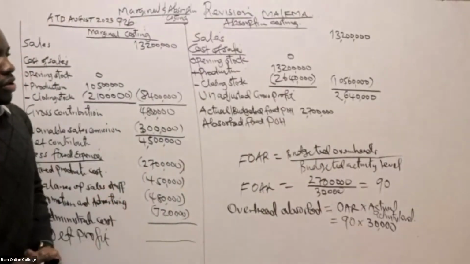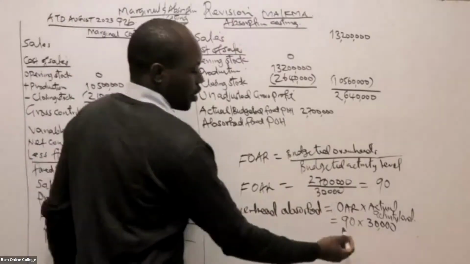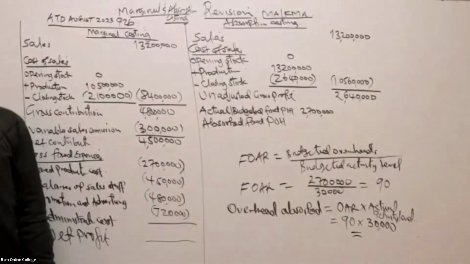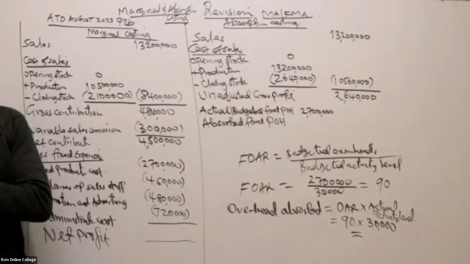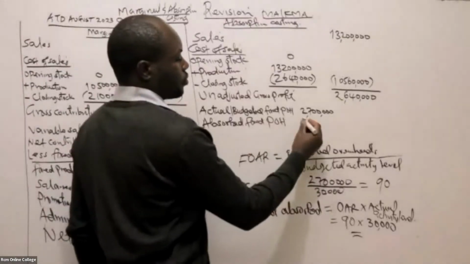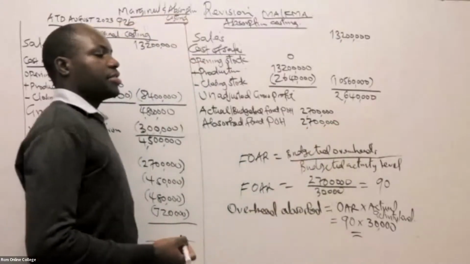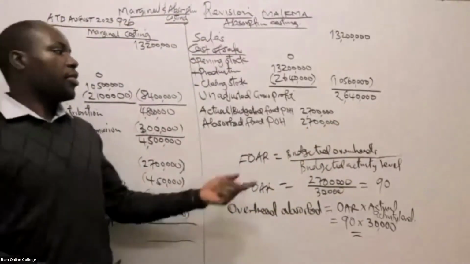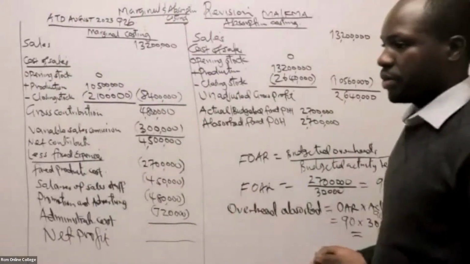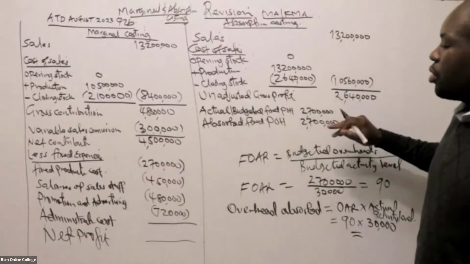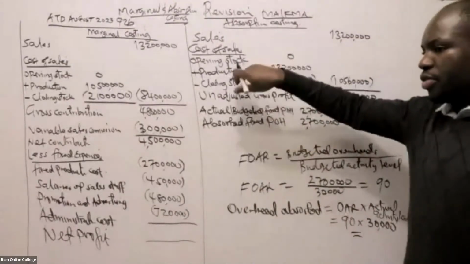Good. So having done that, we have been able to see what we are getting when you multiply. We are getting 2,700,000. Good. Now, the 2,700,000, come and compare. The real expense is 2,700,000. What was absorbed into the production process is also